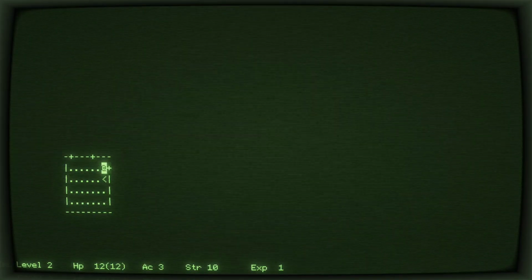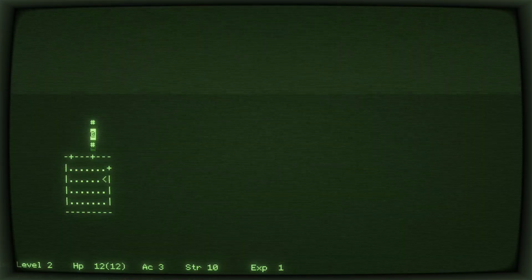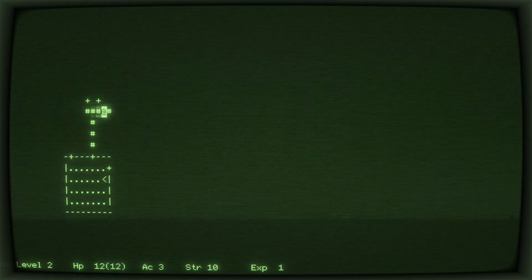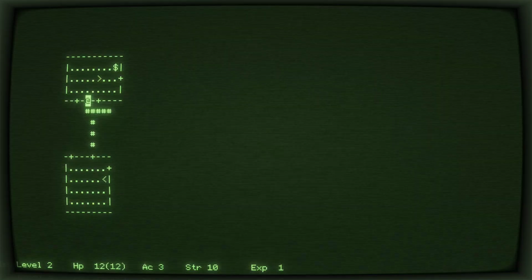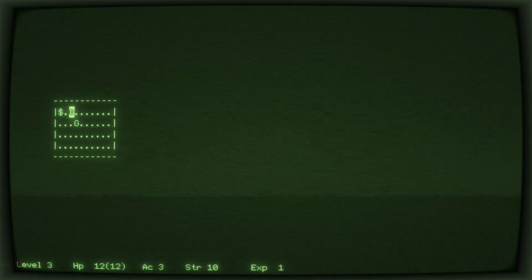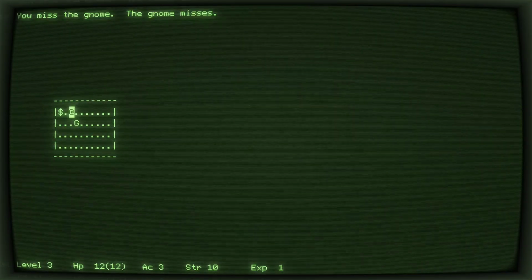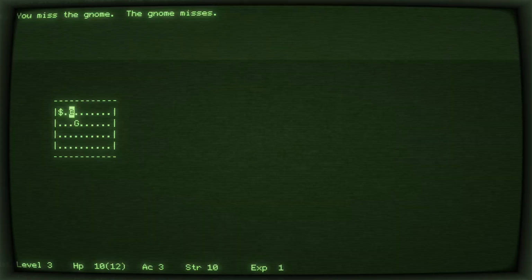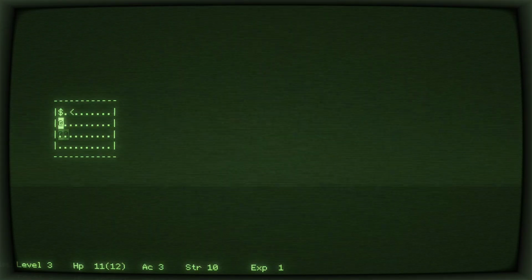So we'll go deeper. By the way, when you get down below a certain depth, there's a region that's called Hell, and you must have some kind of item of fire resistance, or you automatically die as you enter. I read about that. I've never actually gone that far. I have tried playing this game a number of times, and it really is challenging, so I've never made it very far. We killed a gnome.